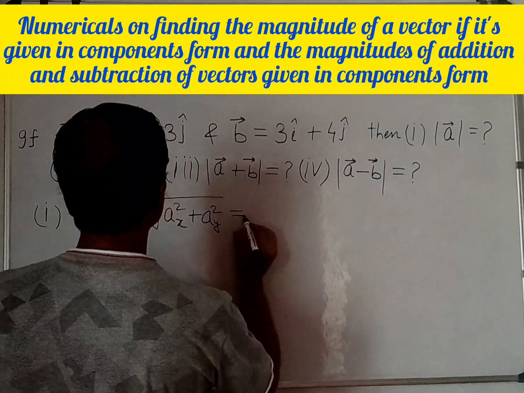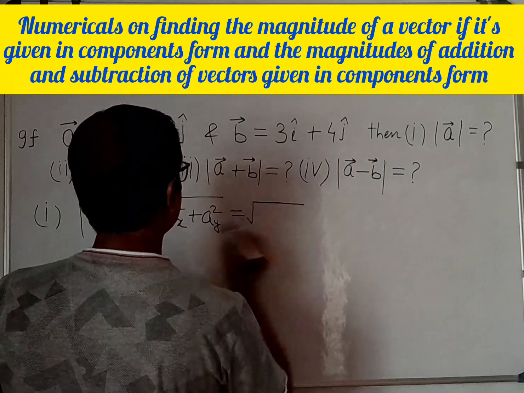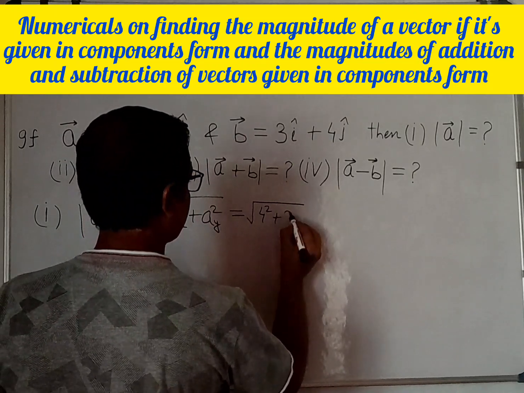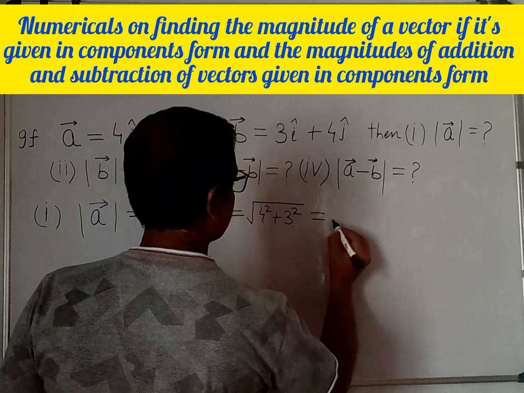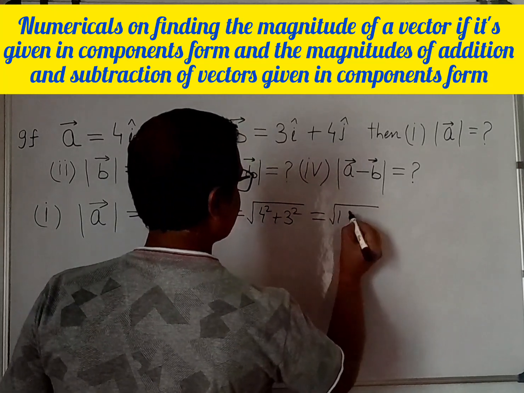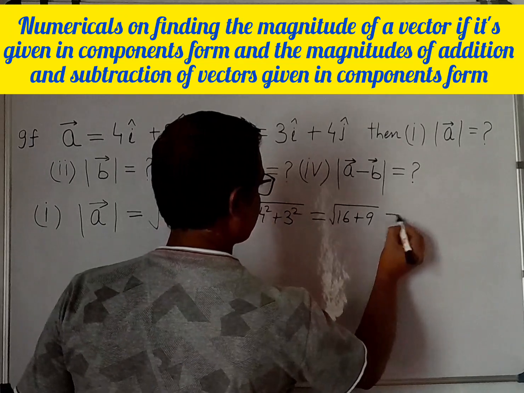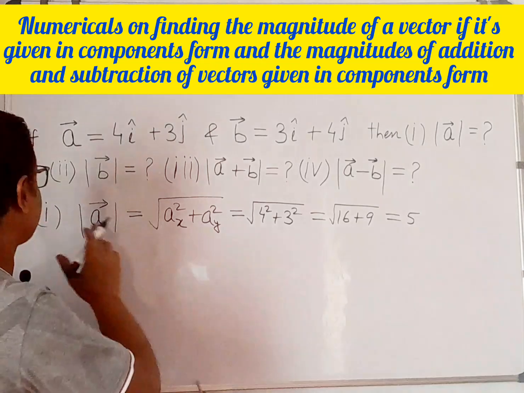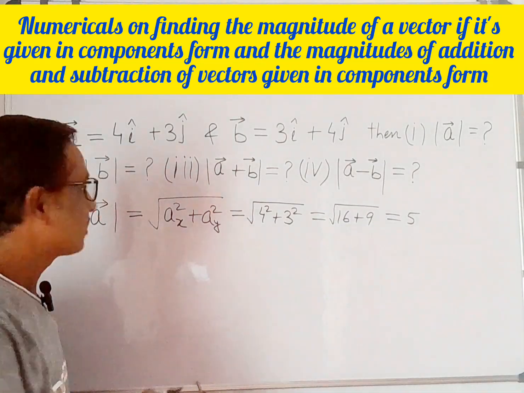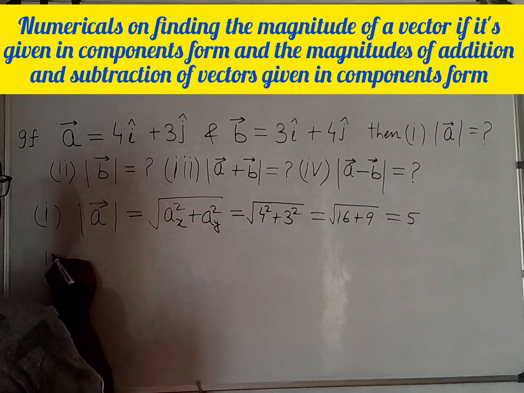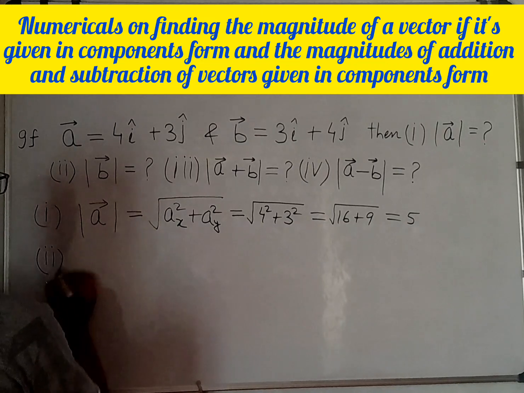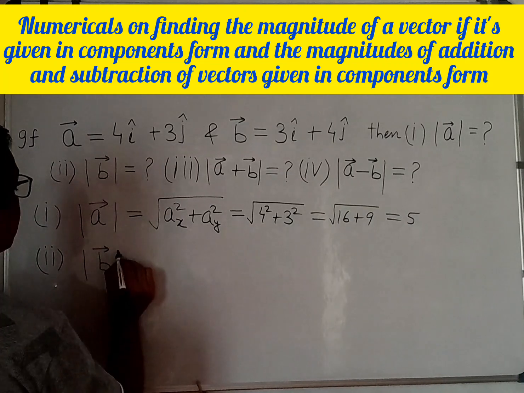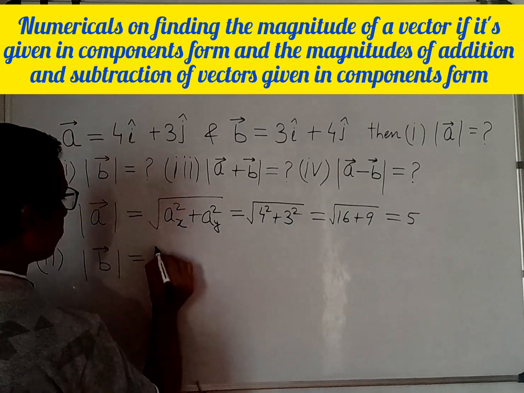Let's put the values। It is equal to square root of 4 square add 3 square, is equal to square root of 16 add 9, is equal to 5 unit। So 5 unit is the magnitude of vector A। Again question number 2, the magnitude of vector B, that is absolute value of B, is equal to, going by the same formula,